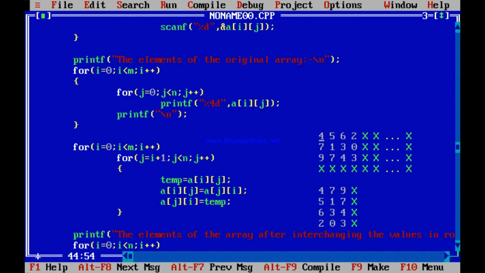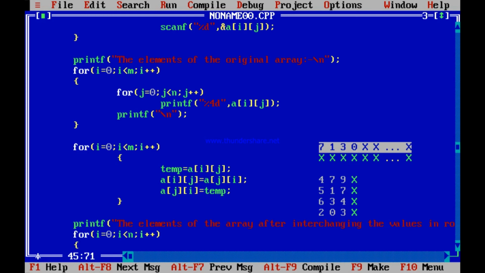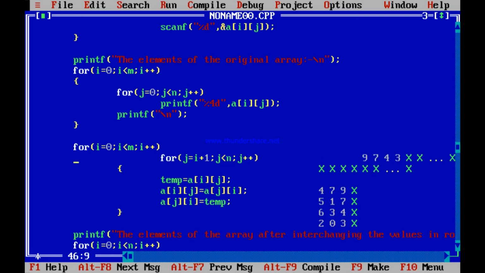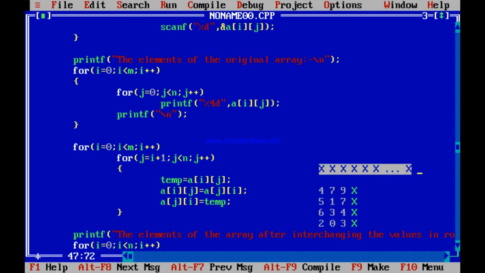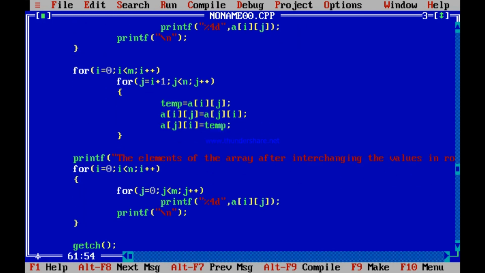So you can get rid of this part and run the program once more, maybe with a different set of values, and check. So this is deleted. Sorry for this. Okay, so I'm deleting now. Just this part getting deleted. Now if I run, this program should run absolutely fine.